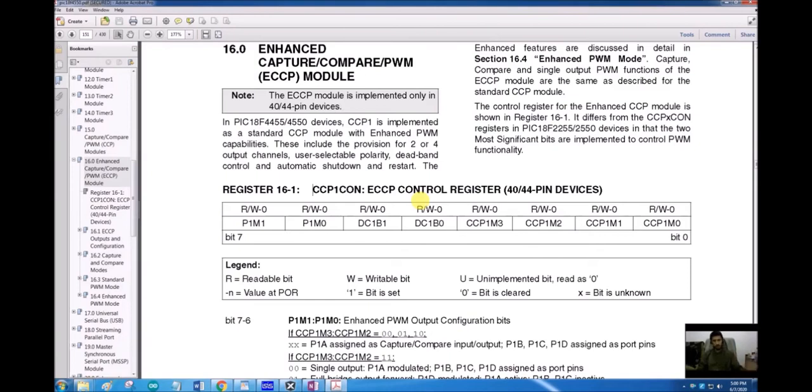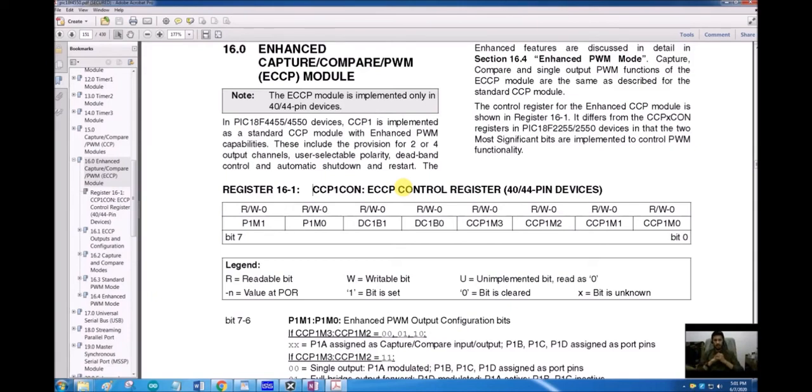In case of enhanced mode, this is targeted specifically for motor control and full bridge and half bridge configurations that can also be used in buck boost converters. And we know that in full bridge and half bridge circuit configurations, we don't have just one input. We have 2 to 4 inputs.